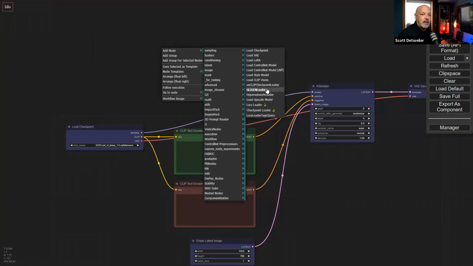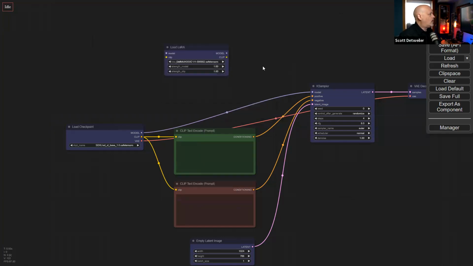Basically anything Automatic 1111 can do, this can do as well, but it's a lot more memory efficient because we're not loading in that giant model and all the other giant product and all the other things that come along with it. It's only loading in exactly what is in the graph and nothing else. So it runs on more of a potato computer than Automatic 1111 will, and it runs faster on the same hardware. So in this case, let's just load in a LoRa, for example, and I have a Caravaggio loader here,